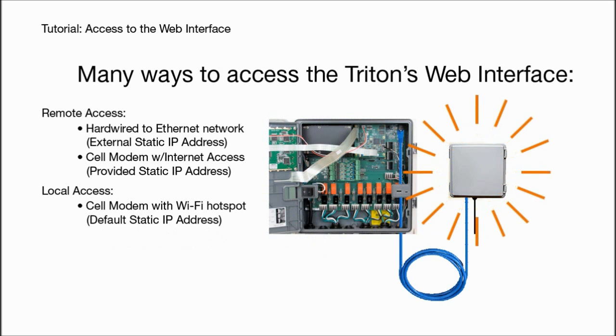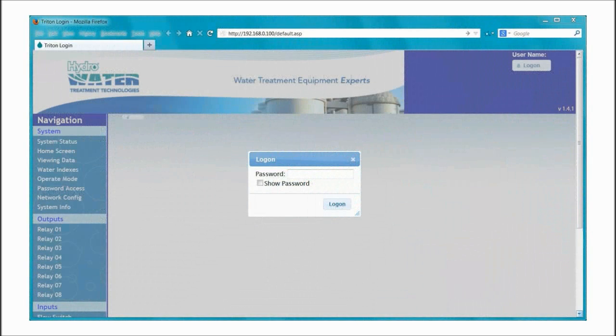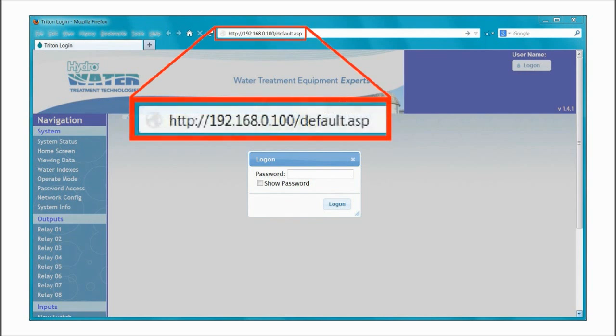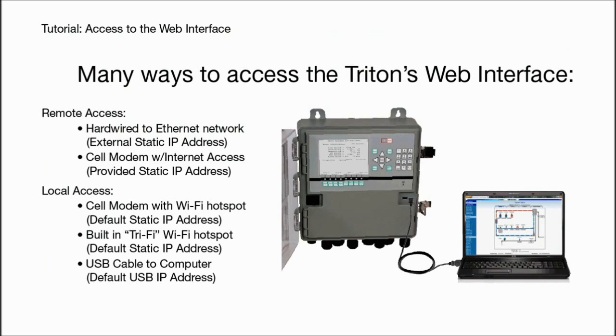So with either of the Wi-Fi options, just run your favorite web browser and put in the default static IP address as shown. Don't forget to add /default.asp. And now you'll have local access to the Triton's web interface. This is a great option for a Triton installation, allowing you to do all your initial configuration with the web interface. Yet another option that's always available, even if the Ethernet connection is being used, is to connect to the